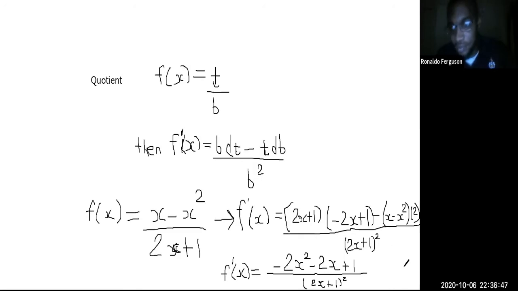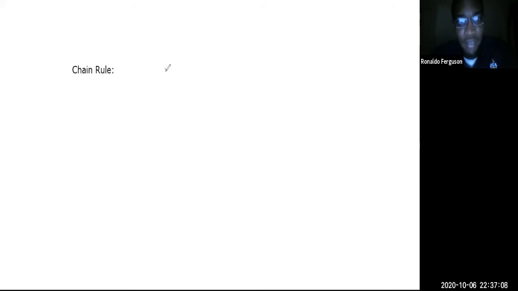The next thing that we're going to look at after quotient rule is chain rule. Chain rule is the most powerful rule, because this is the one we're going to be applying most of the time. And what chain rule states is that if y is equal to a function of x raised to the n, then dy by dx